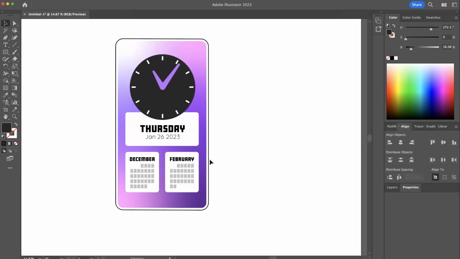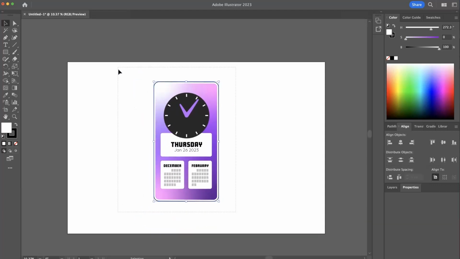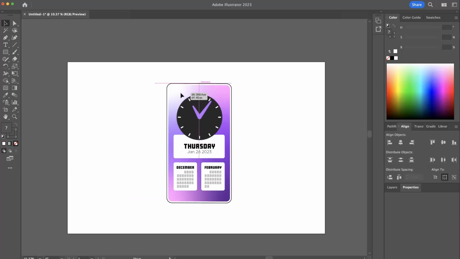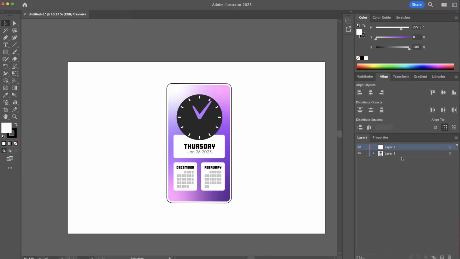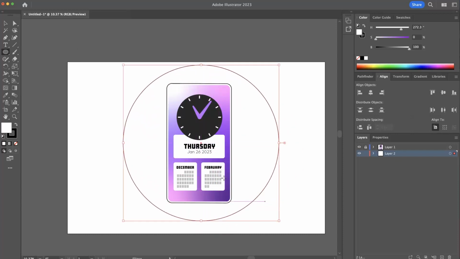Okay. And then, again, we're not going to have this be a black outline. It'll be something else. So just to visualize it a little better, let's go to Layers, create a new layer, drag that layer to the bottom. Let's lock the top layer. Let's create some kind of just gradient in the background. Just grab my circle tool, create a big circle, centered,